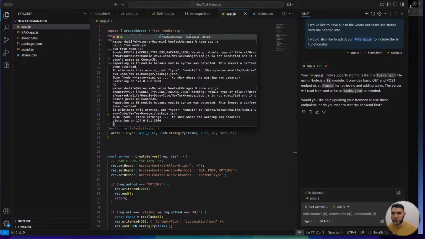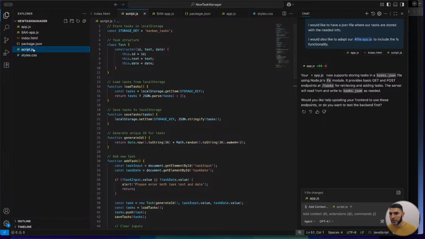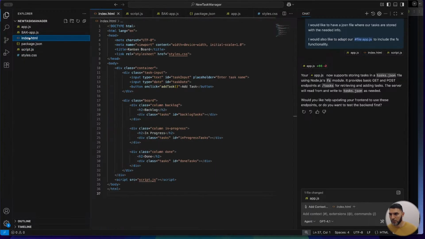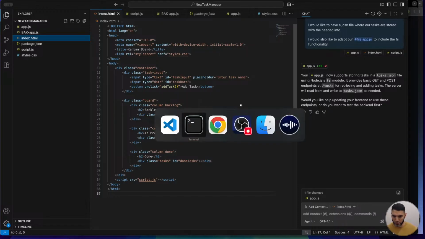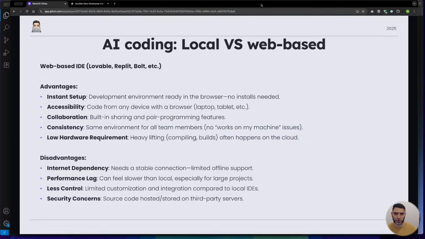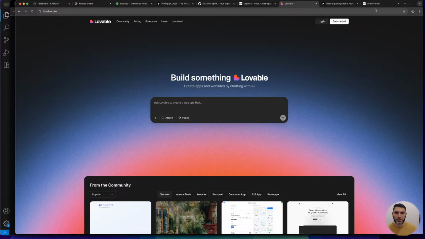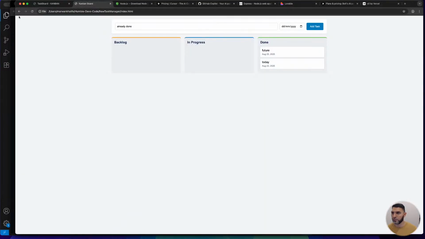And at the moment, we are not looking to talk to the server directly. So what we actually want is for our front end. So this is the file. So if we write something in here with backend, okay, it's going to be tomorrow. We're going to add the task. Now,